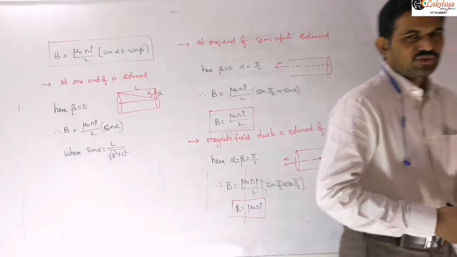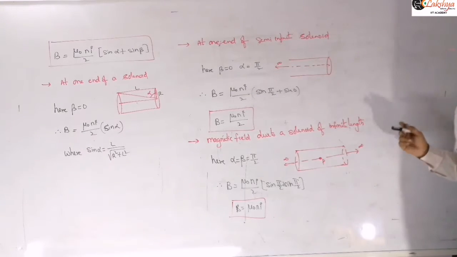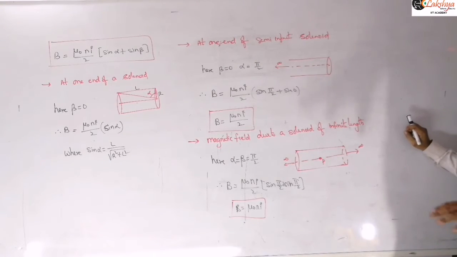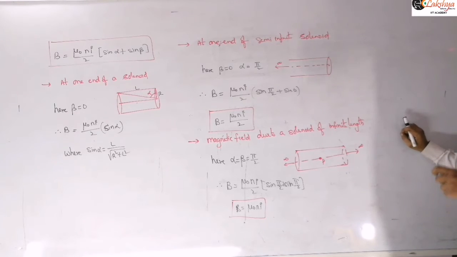The magnetic field due to the solenoid of infinite length. Most of the problems related to the solenoid will be due to this infinite length only. So that is the magnetic field due to the solenoid of infinite length, right? So for a point well inside this solenoid, not near the ends. If it is near the ends, then we need to approach it with the earlier expression. If it is not near the ends, well inside, then we need to take this expression, mu naught Ni, right?